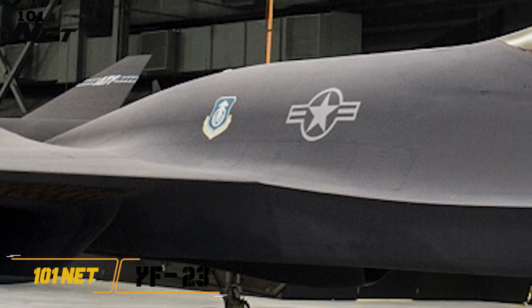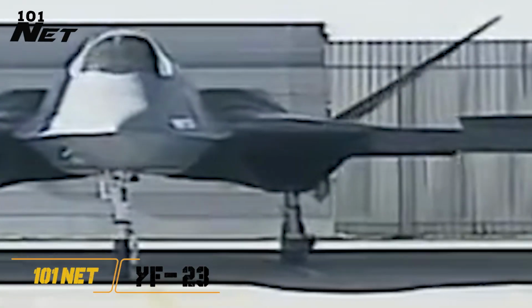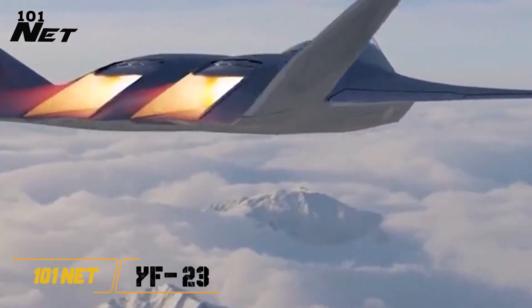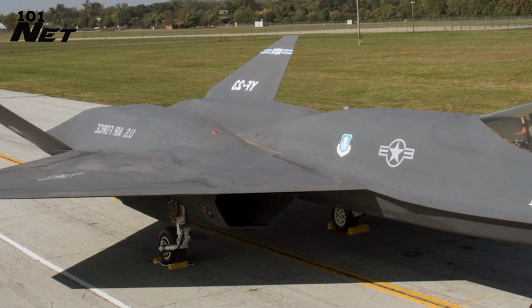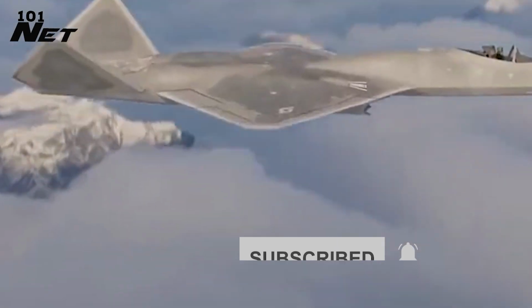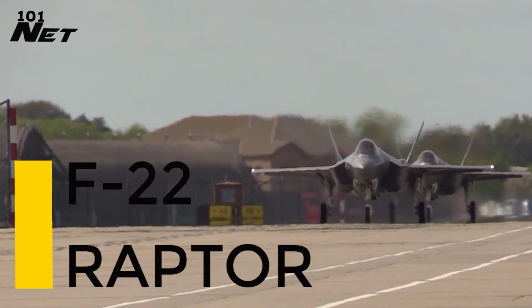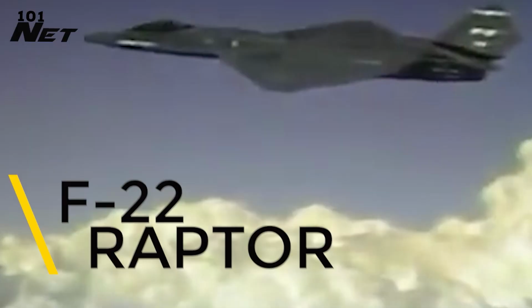The twin-engine YF-23 stealth fighter technology demonstrator was built in cooperation with Northrop and McDonnell Douglas. The aircraft was created by the United States Air Force, USAF, to compete fiercely with other finalists in the USAF Advanced Tactical Fighter (ATF) competition in the 1980s. This competition was won by the F-22 Lightning II, which was developed by Lockheed in collaboration with Boeing and General